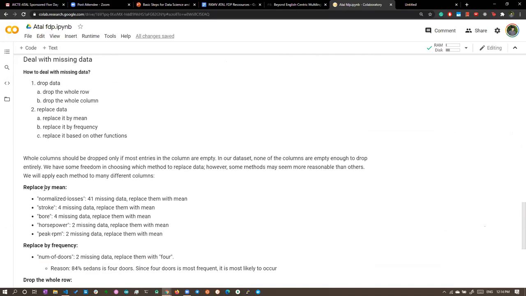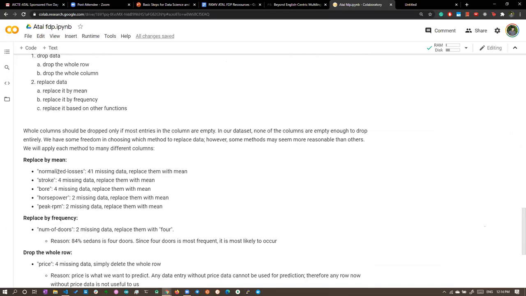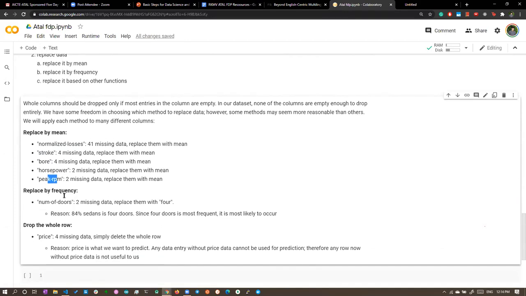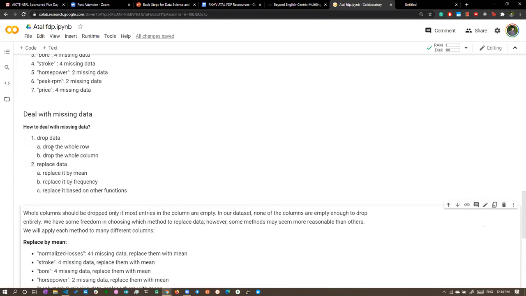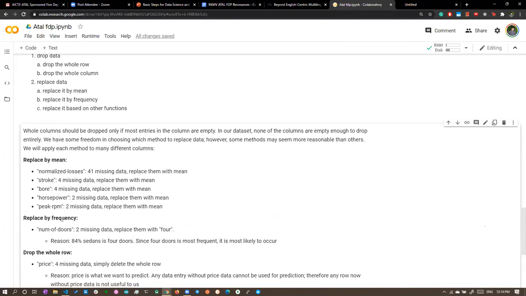Yeah, so here, replace with mean. So we have all these things, we can replace it with mean. Normalized loss, stroke, bore, horsepower, and peak, because all these things are some kind of continuous value, we can replace it with mean. But for the others, we can replace it with the frequency only, because let's